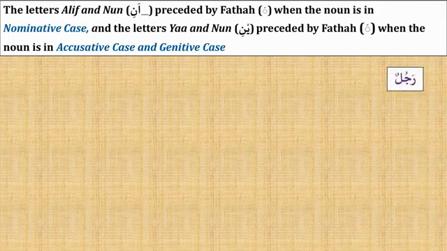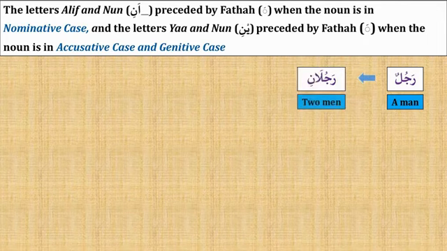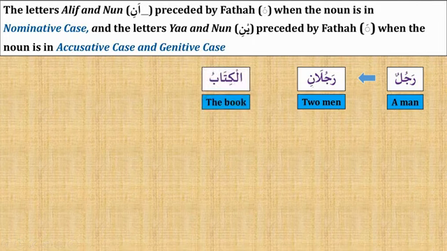Example, rajulun, a man. It becomes rajulani, two men, by adding alif and nun. When the noun ends with dammatain, it must end with alif and nun at the end. We must add alif and nun, but tanween must be removed and it must be given fatha, then alif and nun. Next example, al-kitabu, the book,